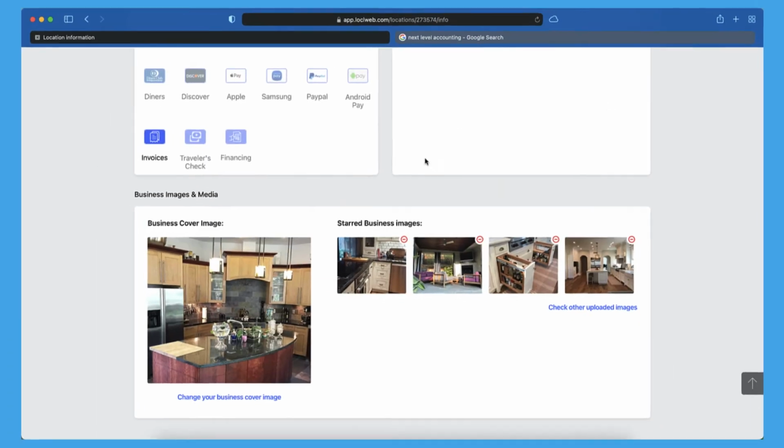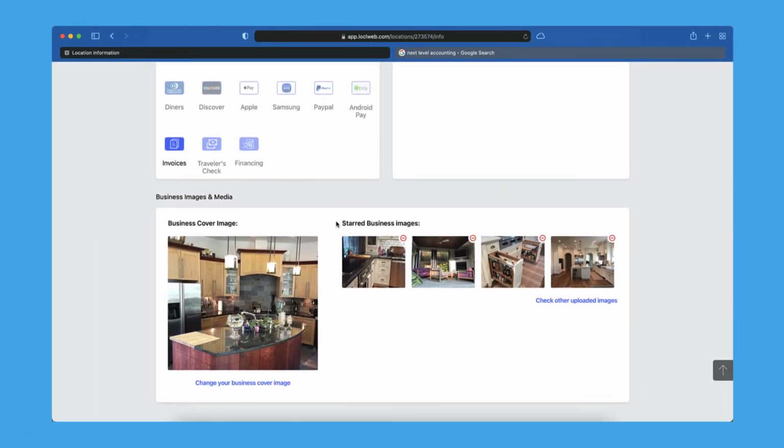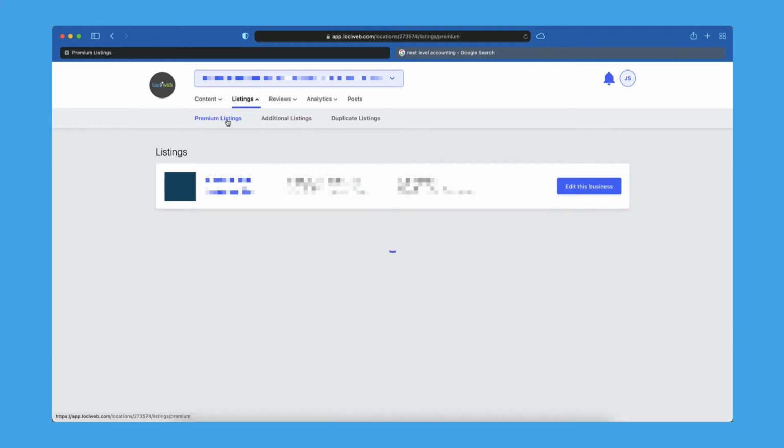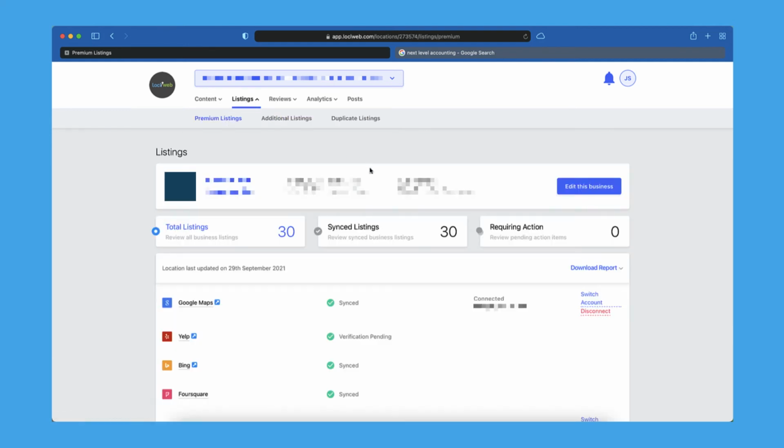So once you do that, you can close that, and now you can see your business information will be updated across our network. So that's 30, at the time, could be more sites. We're always adding new sites that you sync up with. So if I come up here to the top and I go to listings, in premium listings, you'll see this shows the business information and how it updated. So how well it's synced. So if you're just setting up your LocalMark account, then you'll see no listings until you edit your business information, and then it'll start syncing with external sites.